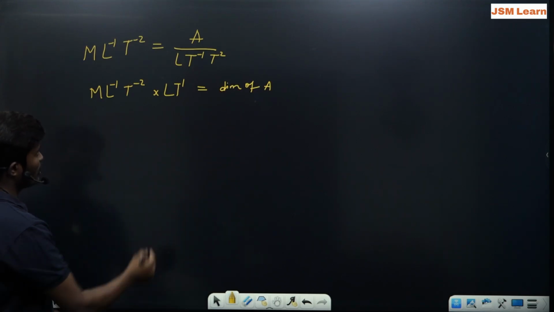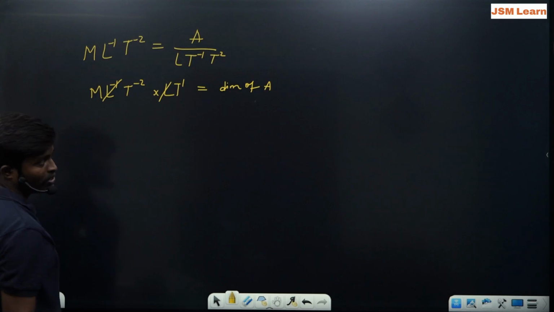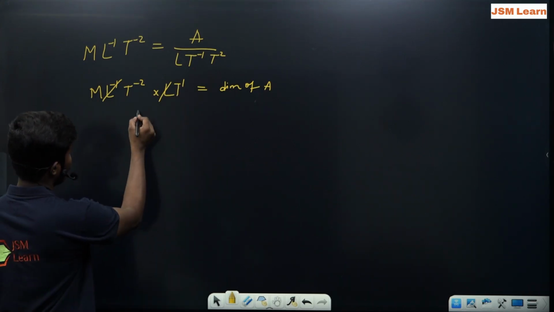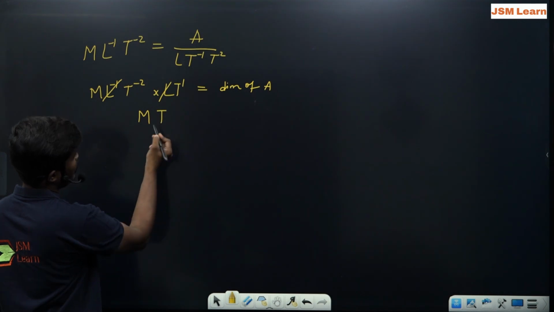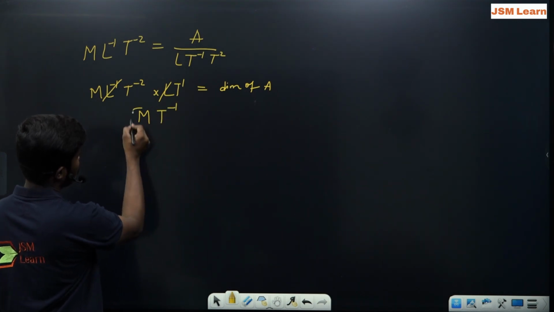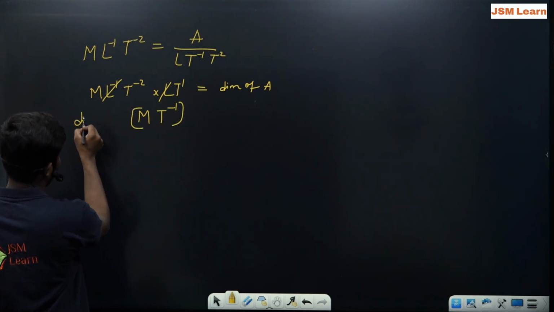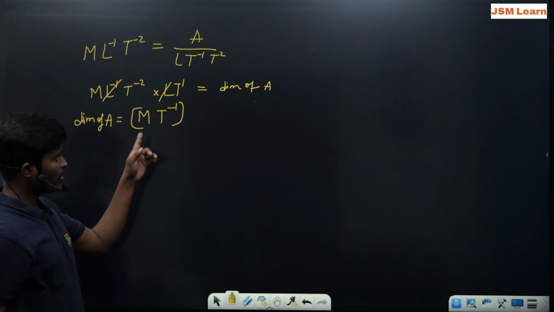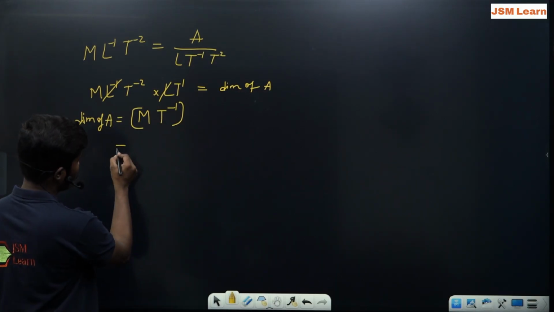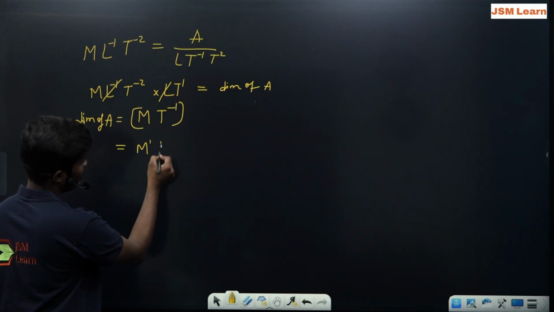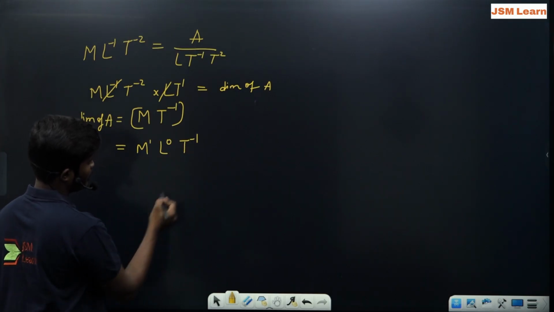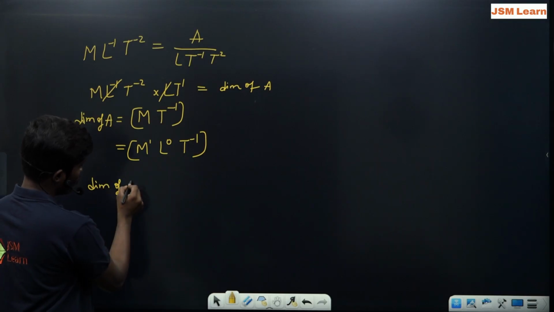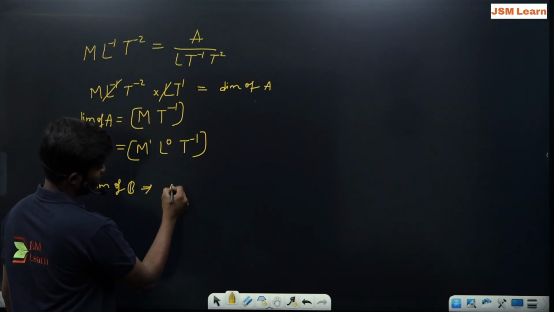After solving this, L power 1 and L power minus 1 get cancelled. T power minus 2 and T power plus 1 become T minus 1, so it becomes MT minus 1, which is nothing but the dimension of A. The dimension of A is MT minus 1, which can also be written as M power 1 L0 T power minus 1. And we got the dimension of B as M0